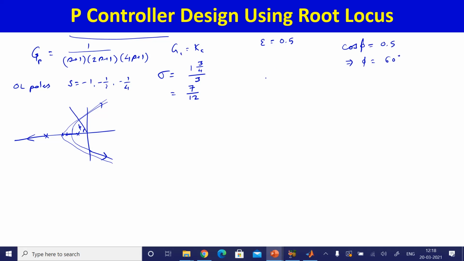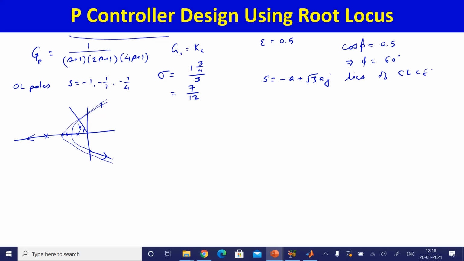And what that implies is that s is equal to minus a plus square root 3 aj, which lies on the closed loop characteristic equation,